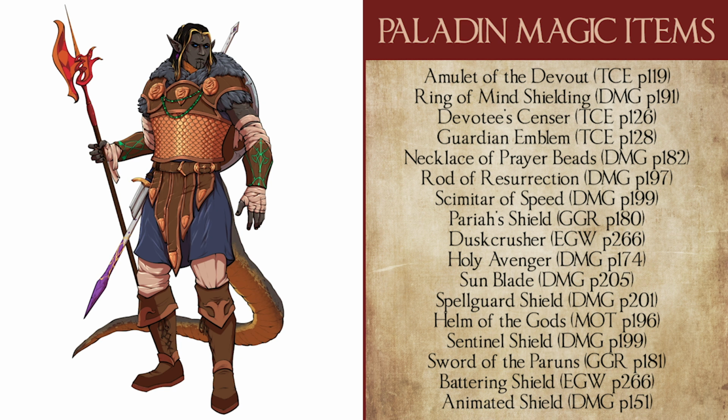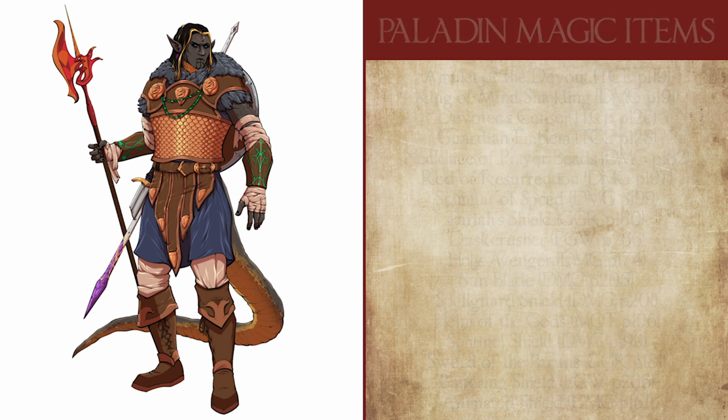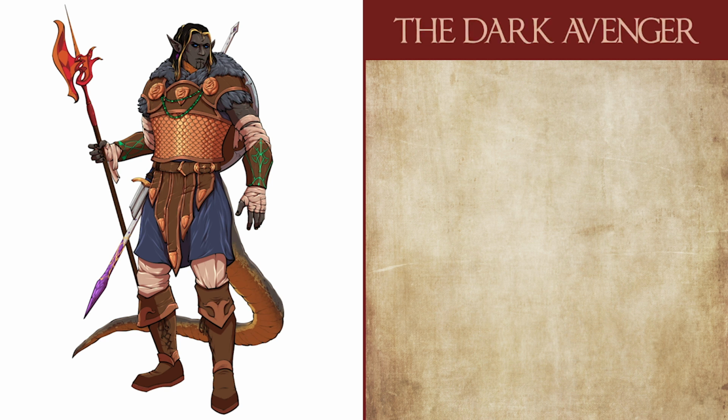Your focus is going to be predominantly on damage accentuating items or items that offer the Paladin more support potential, as well as some supplementary items for those weaker saving throws like dexterity, constitution, intelligence, and so on. And with that said, our homebrew magic item this evening is known as the Dark Avenger, which is a +2